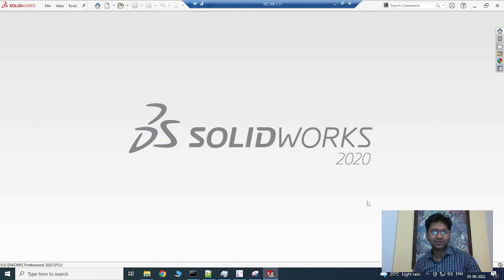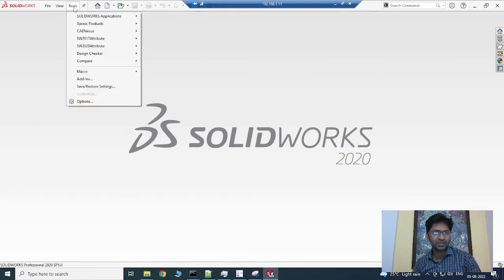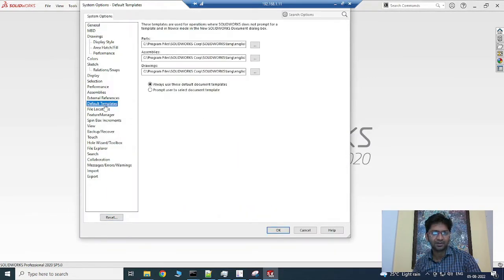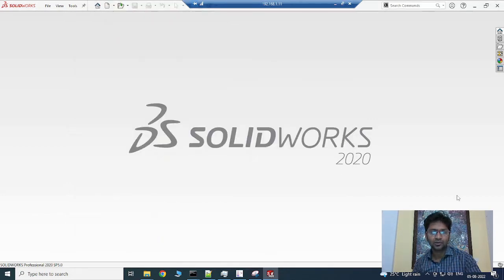Also make sure that you are setting up your default template. So for that you have to go here in the tool, options, after that default template, and make sure that you are setting up your default template for parts, for assemblies, and for drawings. Now once you are done with registering of the DLL which is required for adding CAD parameters, and once you are done with the setting up of your default template,